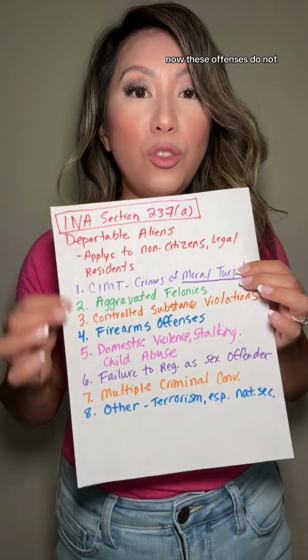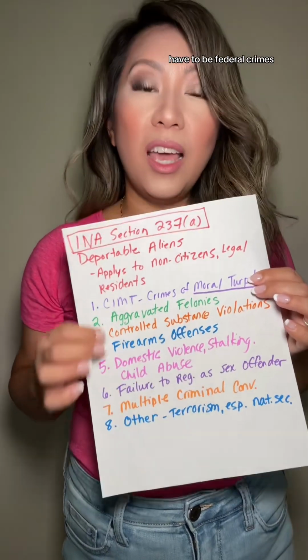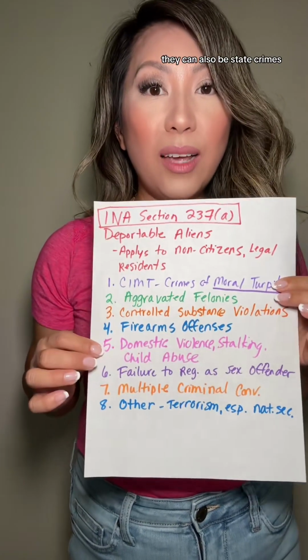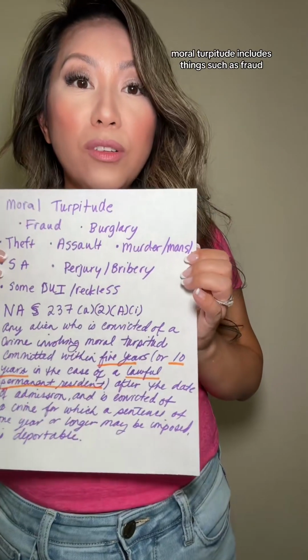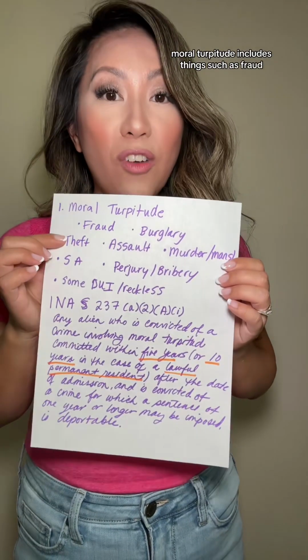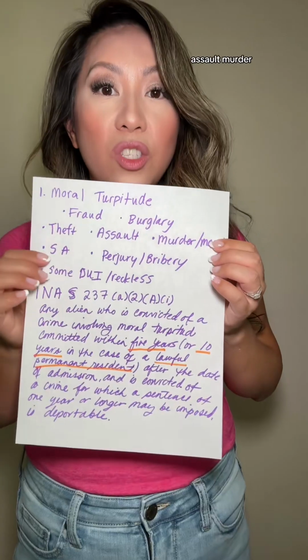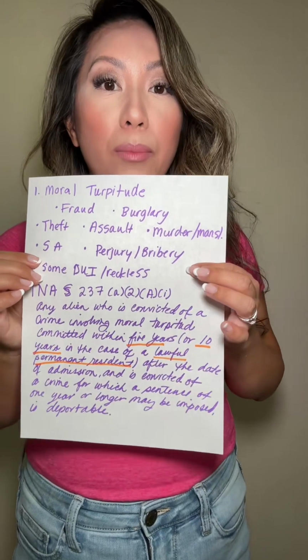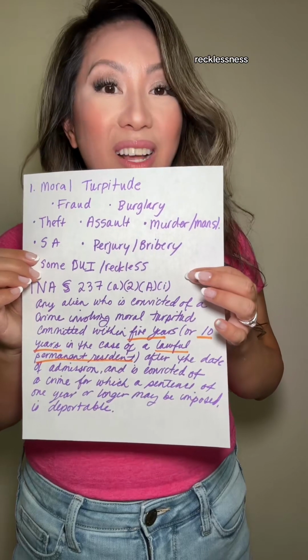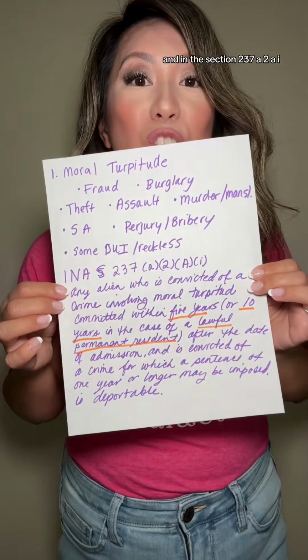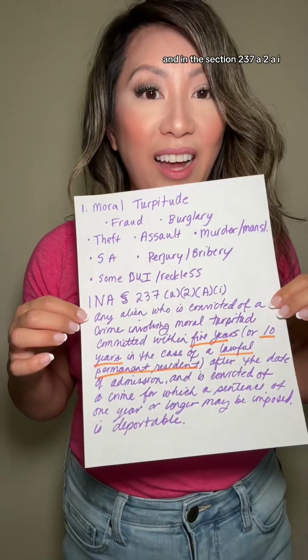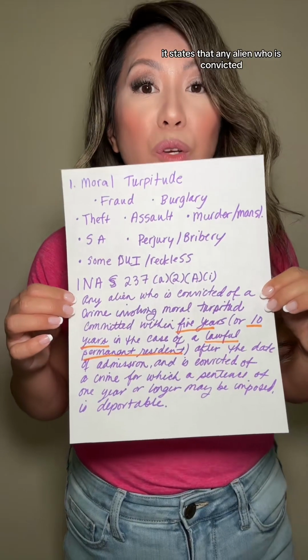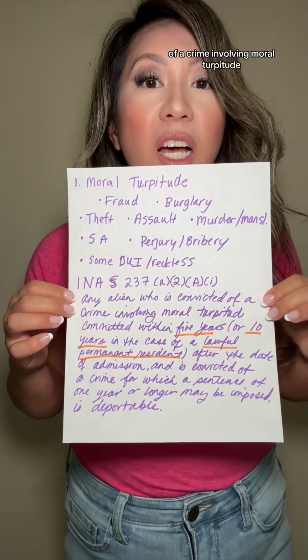Now, these offenses do not have to be federal crimes. They can also be state crimes. The number 1, which is moral turpitude, includes things such as fraud, burglary, theft, assault, murder, manslaughter, SA, perjury, bribery, some DUI, recklessness. And in section 237A, 2AI, it states that any alien who is convicted of a crime involving